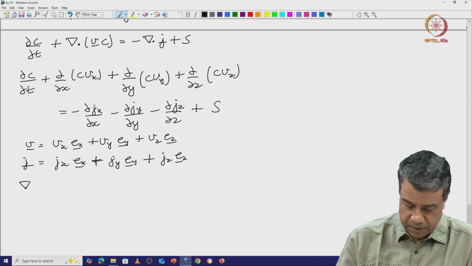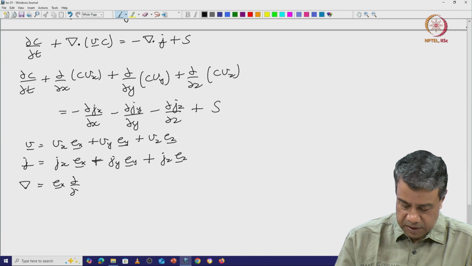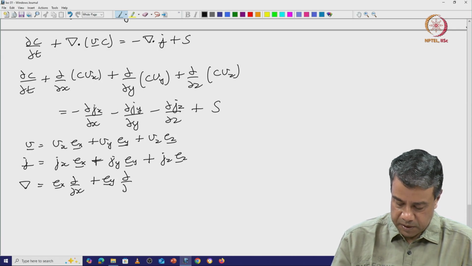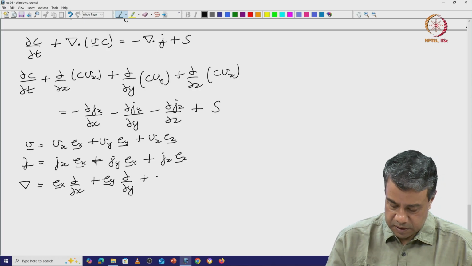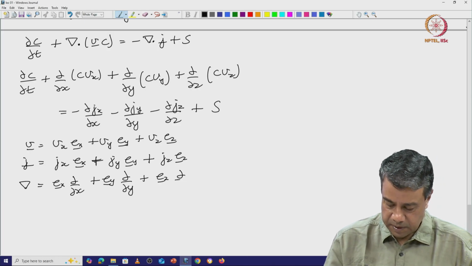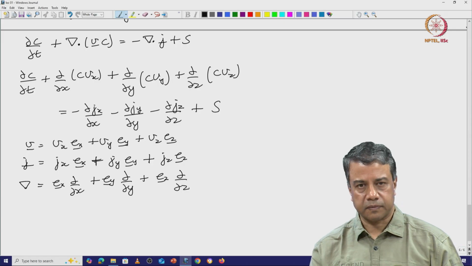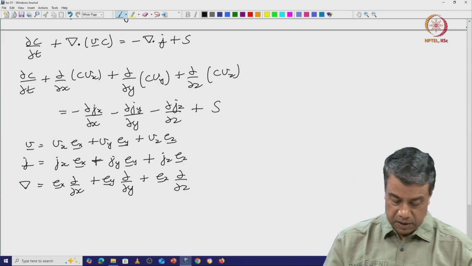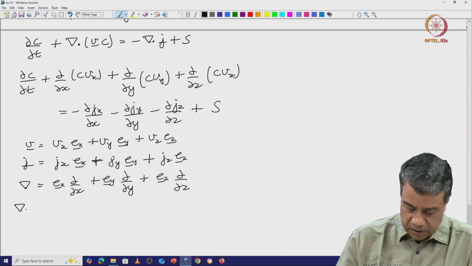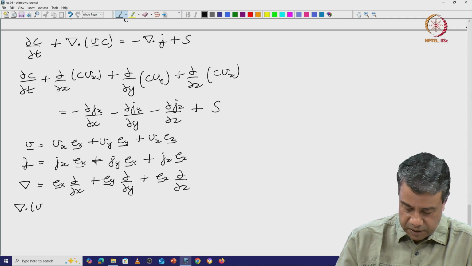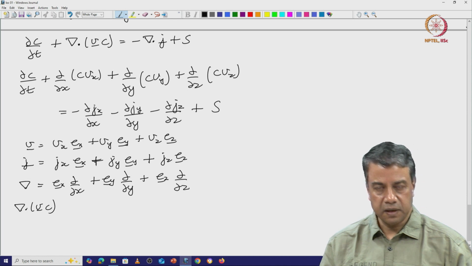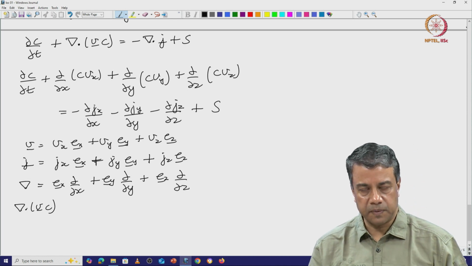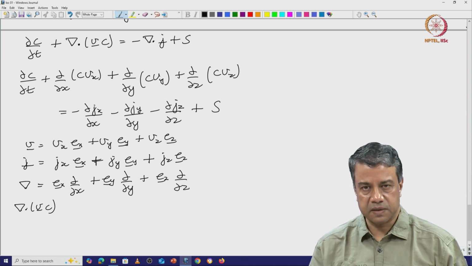The gradient operator is equal to Ex partial by partial x plus Ey partial by partial y plus Ez d by dz. Using these operators, for example, if I take the dot product of the gradient operator with the velocity times the concentration, Vc,